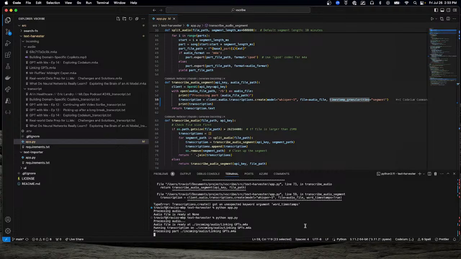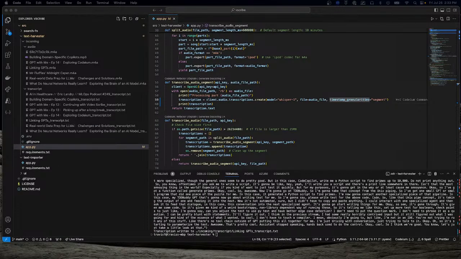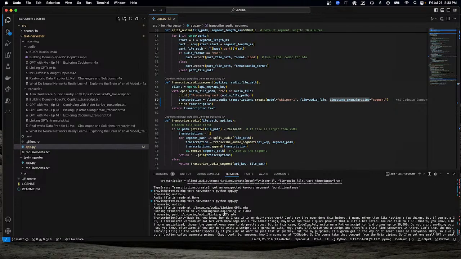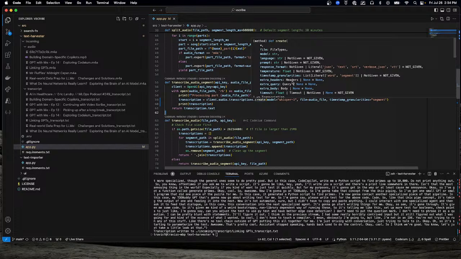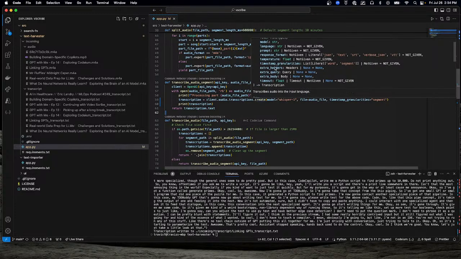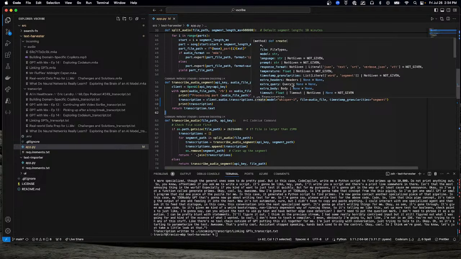Okay, processing the part. That seems much better than what it was before. We're moving in the right direction. Cool. We got the transcript object. It looks like prompt format, prompt language model, extra query, timeout, extra headers.